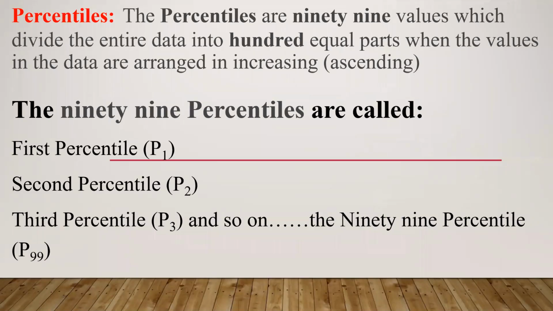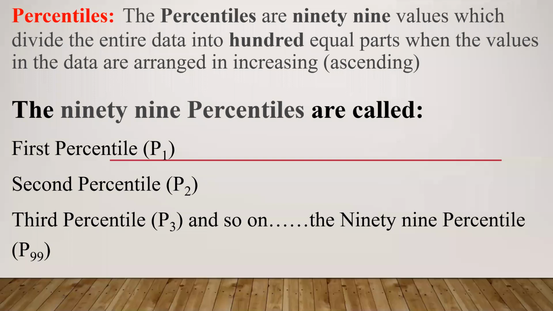So let us quickly revise what we did in the last lectures. What was median? Median is a value which divides the data into two equal parts when you arrange the data in increasing order. So to divide the data into two equal parts, only one value is required, that is median, and it comes exactly in the middle. Then we have seen how to calculate median for raw data, group data of discrete type, and group data of continuous type. We have solved some problems also.